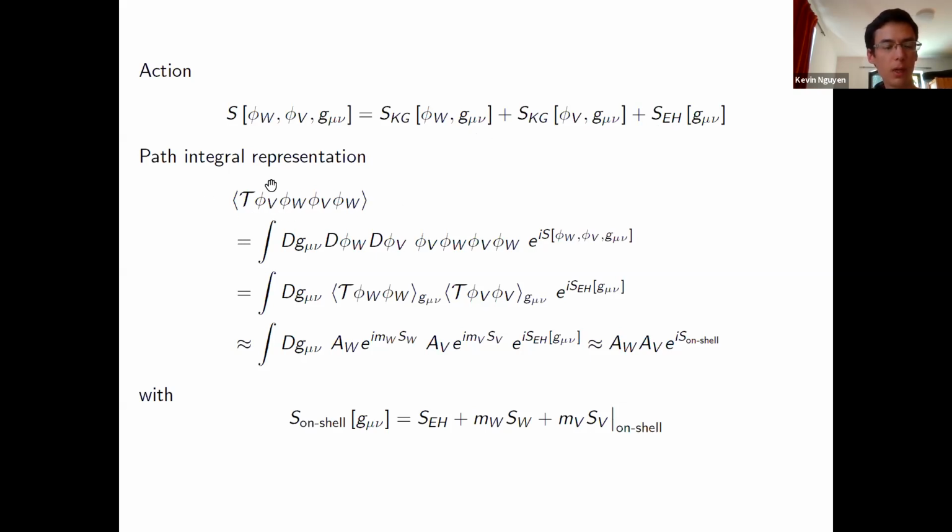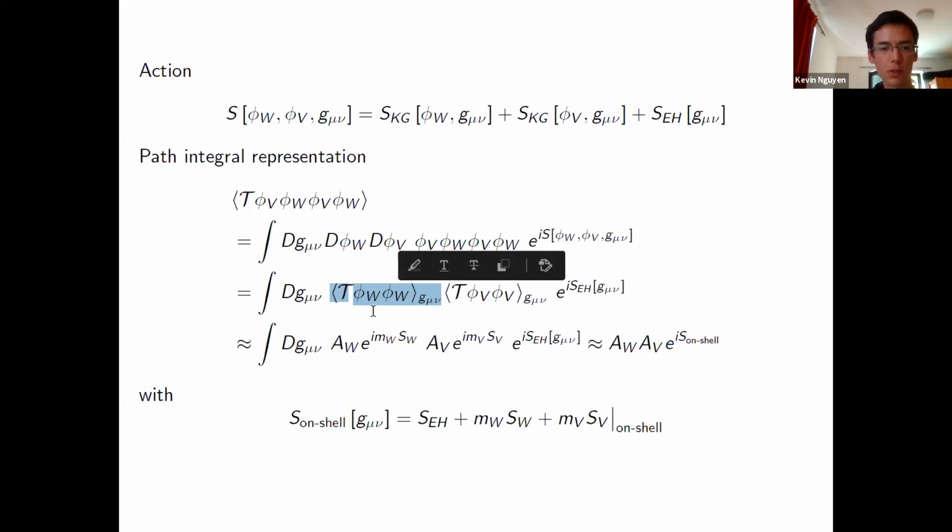Okay, so I write down this time-ordered 4-point function as a path integral, and I explicitly perform the phi_W and phi_V integrals, which directly give me the time-ordered 2-point functions of the Klein-Gordon fields. But I still have to integrate over all possible metrics. Of course, this is a bit too difficult, so I'm going to plug in right now the geodesic approximation for these